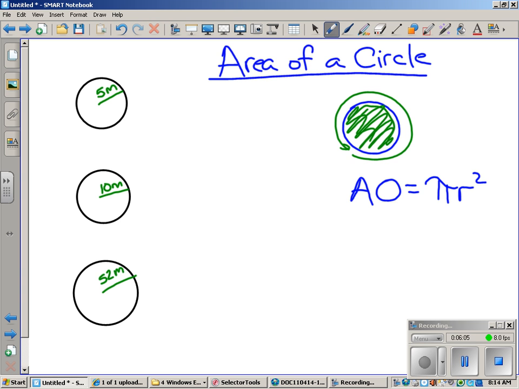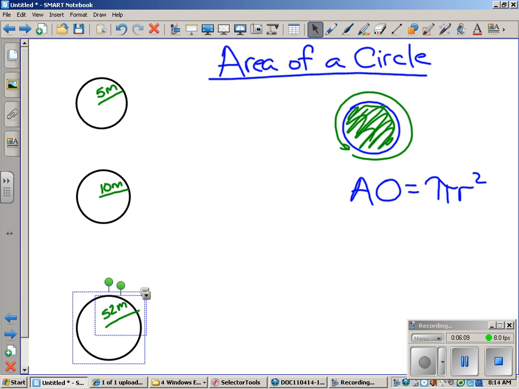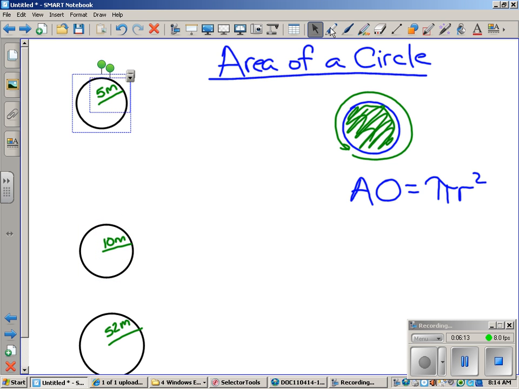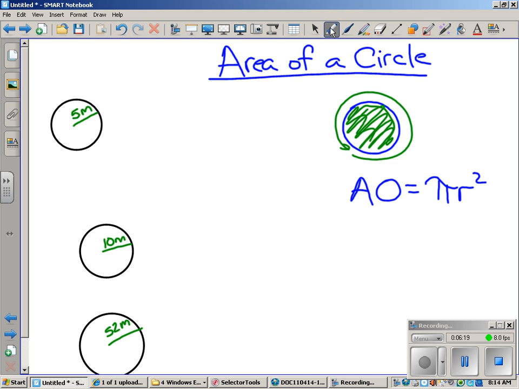So if we were to do this first one, let me just move a few of these out of the way a little bit. All right, let's start with this one right here. So if we were going to work on these, we start with our formula. Area of a circle equals pi times r squared. And what we do is we substitute what we know. 3.14 is pi every time. We're going to multiply it by the radius